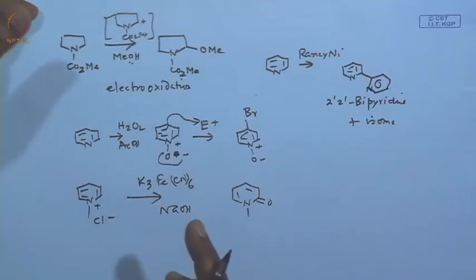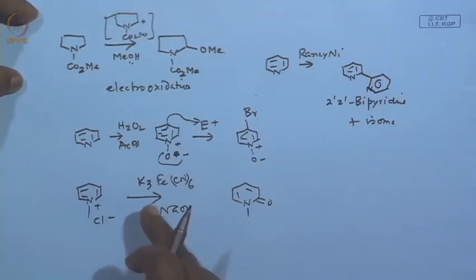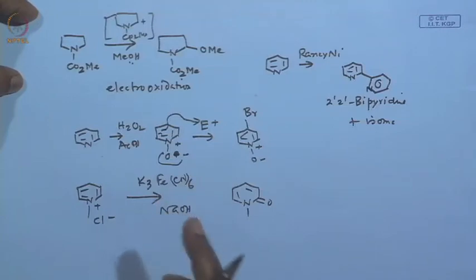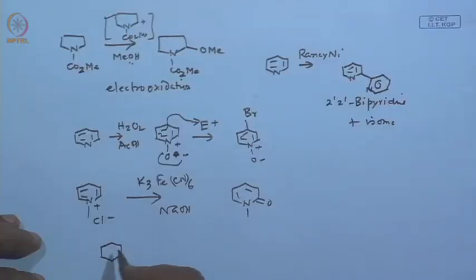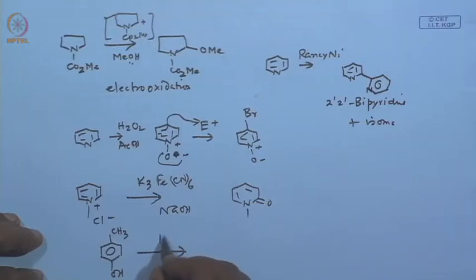These days, people are using potassium ferricyanide for the cyanation reaction. If you have a halobenzene etc., you can substitute the halogen by cyanide using potassium ferricyanide, not potassium cyanide. Okay. And there are other oxidative dimerizations. For example, I am almost sure, I may be a little incorrect, let us say this is, for example, use p-cresol and potassium ferricyanide. So, what do you expect? Let us say just a guess, phenol,